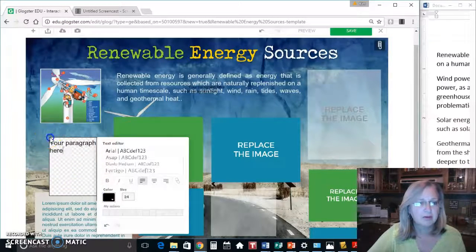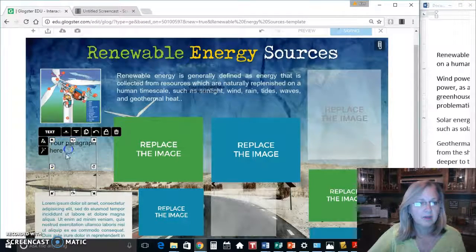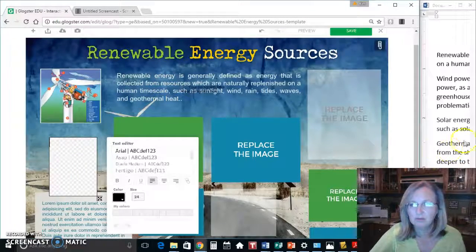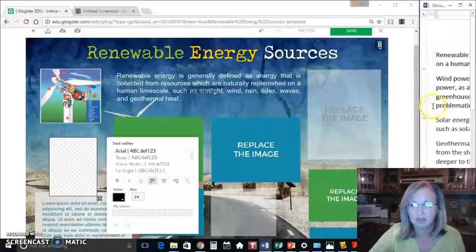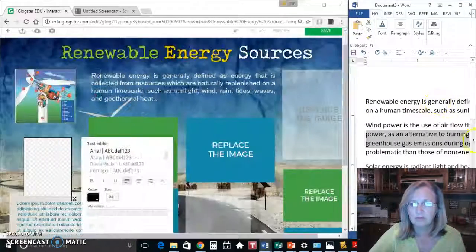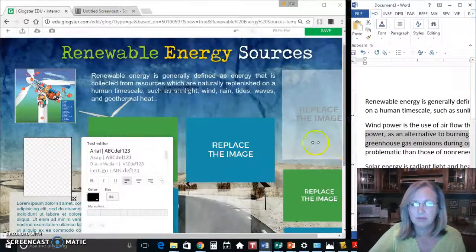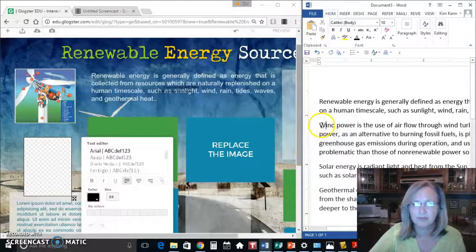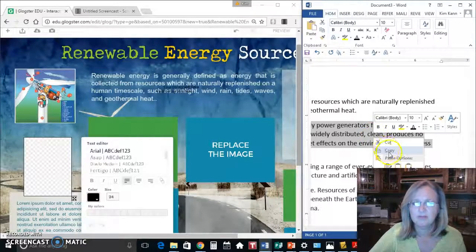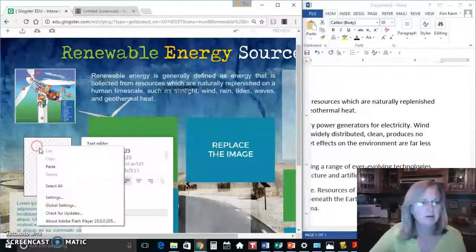Okay, now I'm making my box a little bigger. I am going to actually replace what's here. So I'm going to highlight it, I'm going to delete it, and then I'm going to do wind power generators. Again, I have this text saved over here. So I'm going to highlight what I have, if I can do it, for my wind power generator. And I just prepared this ahead of time. Copy it, come over here, paste it,